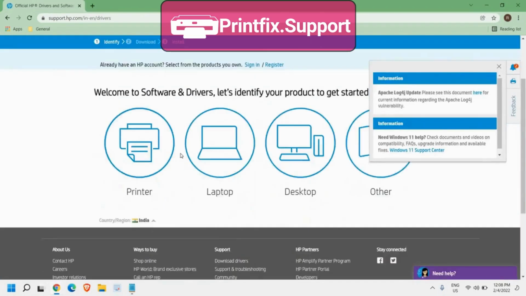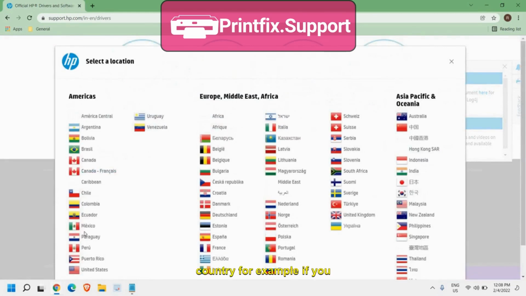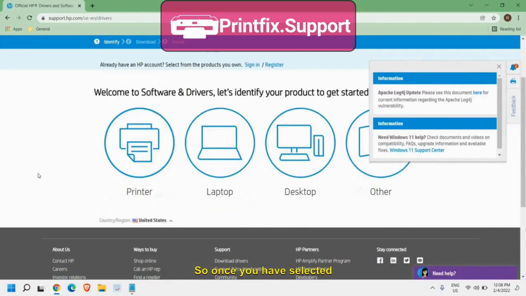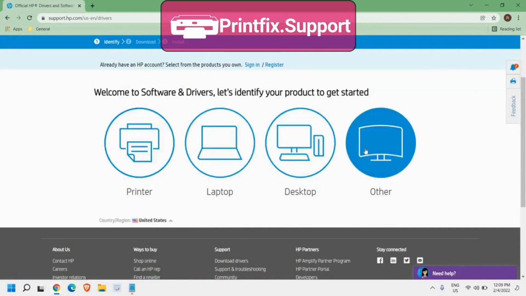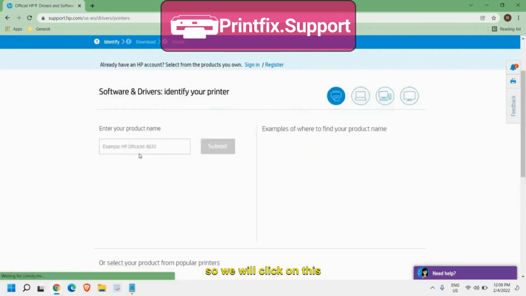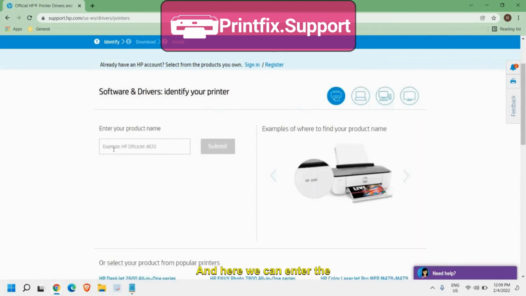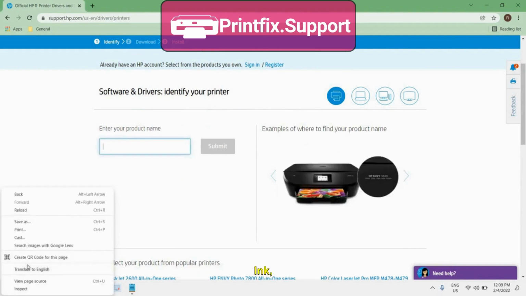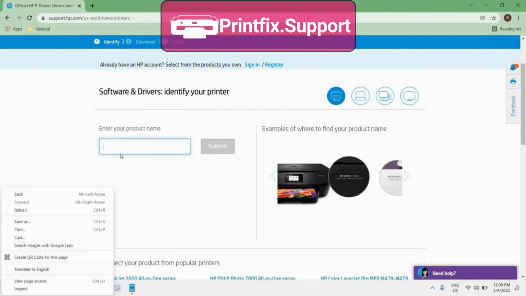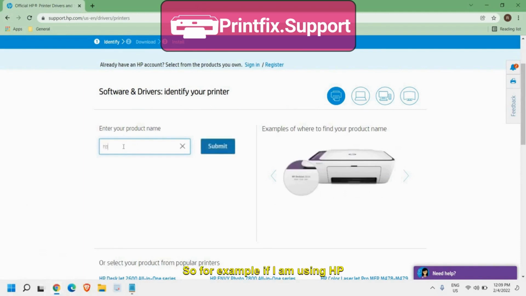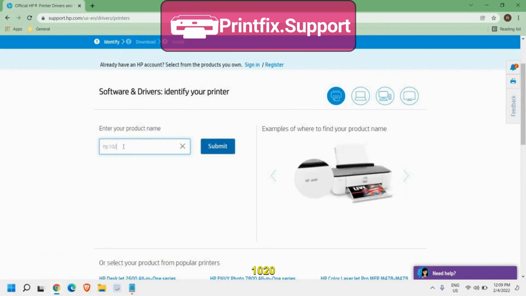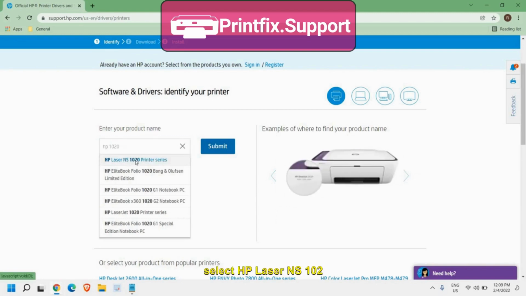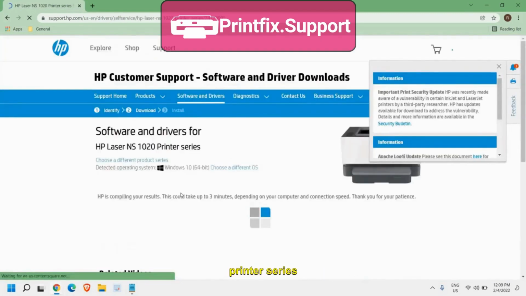appear like this. From here you can change the country. For example, if you want to select United States. So once you have selected printer, laptop, desktop and others, we will click on this printer and here we can enter the product name. Now if you're using LaserJet, all-in-one, ink or any other printer, you can type here. So for example, if I'm using an HP 102 printer, I'll just select HP Laser NS 102 printer series, and